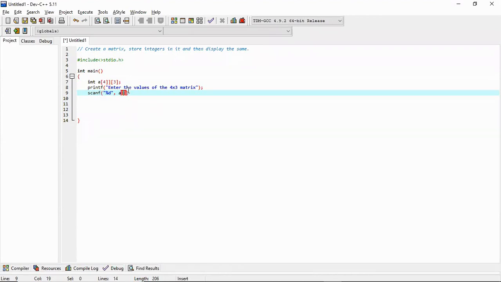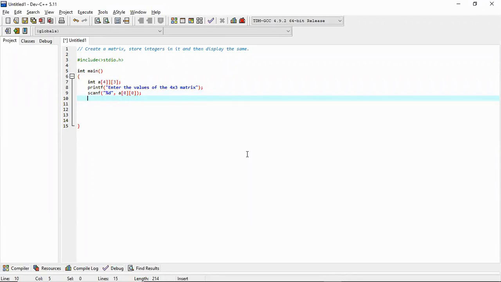So we should write, first we should take the value of A[0][0]. This A[0][0] means that it refers to the 2D matrix A. In that matrix, the 0th row and the 0th column, which means the first entry. So when we enter some value from the keyboard, it will go to the first position.